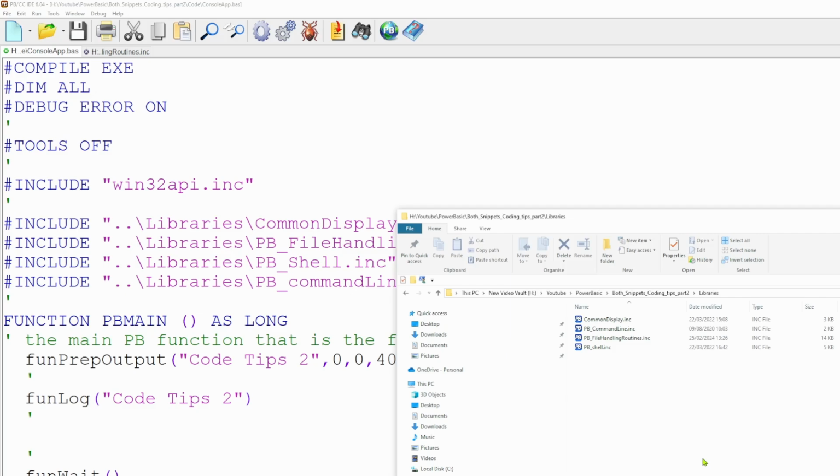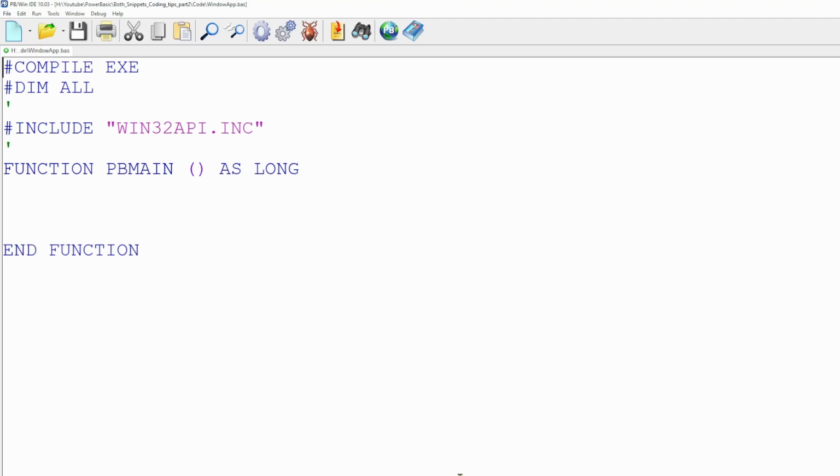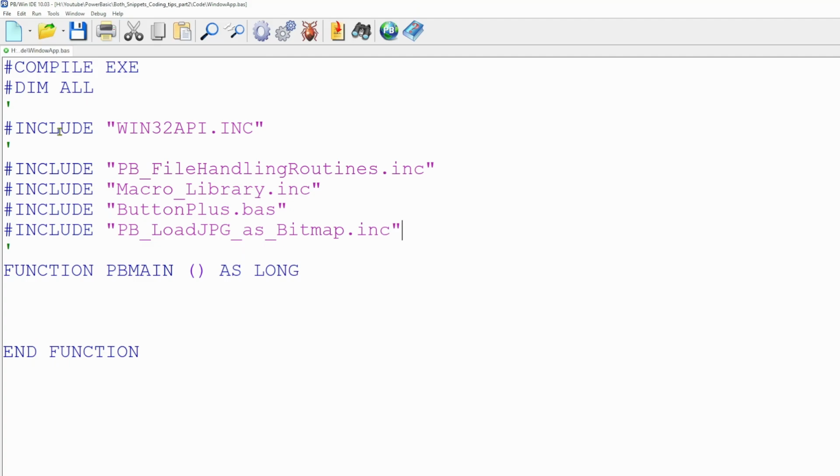So now that we've looked at the console compiler, let's now look at the Windows compiler. As far as libraries are concerned, you can do exactly the same thing with the Windows compiler. As with the console compiler, you can have your libraries in the same folder as your main application. Or they could be in a nested folder underneath your application, or in the folder above, or even in a hard-coded networked location. However, there is something else with libraries we're going to look at now. We have 4 libraries here: the file handling routines, the macro library, a button plus library, and a library to load JPEGs as bitmaps. If we attempt to compile this application,